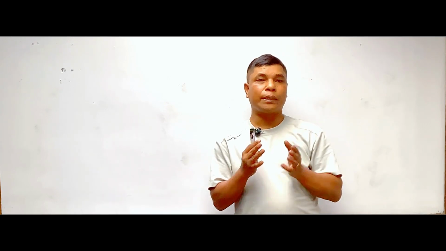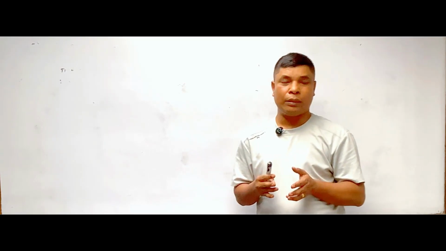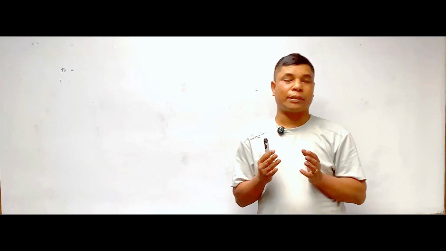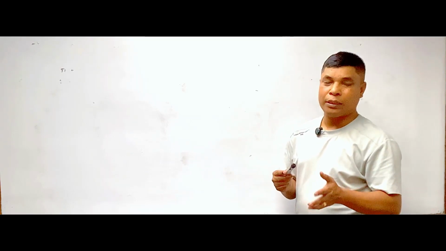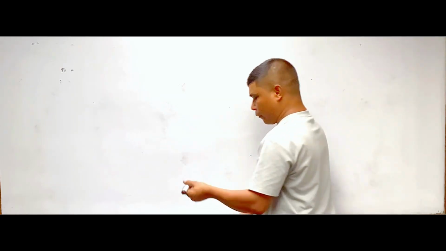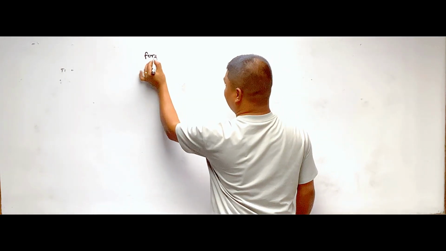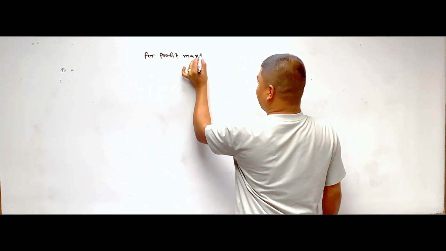In this way, by following these procedures, we can solve the numerical problem of objective of the firm in managerial economics. And there are three types of objective: profit maximization, sales maximization, and sales maximization under profit constraint. At last, we are again repeating our concept of profit maximization and sales maximization under profit constraint. For profit maximization,